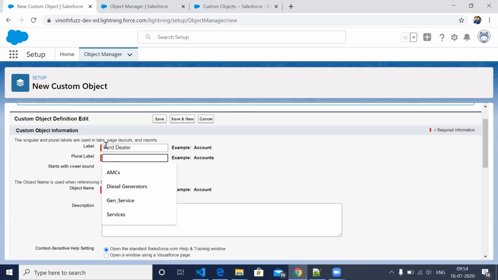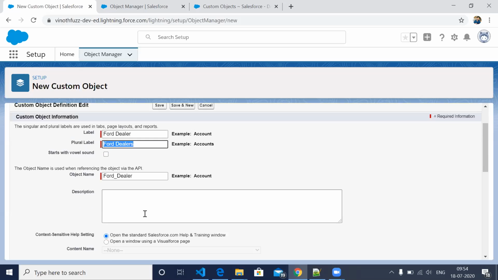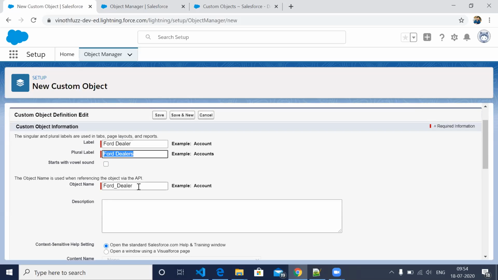Here you will be having Label, so you can give it, and here it will ask for Plural Label. That is, we have to give the plural name of this label. This is what will be displayed in your tab. After that, the object name will be auto populated. Whatever we give here, we can change it also.